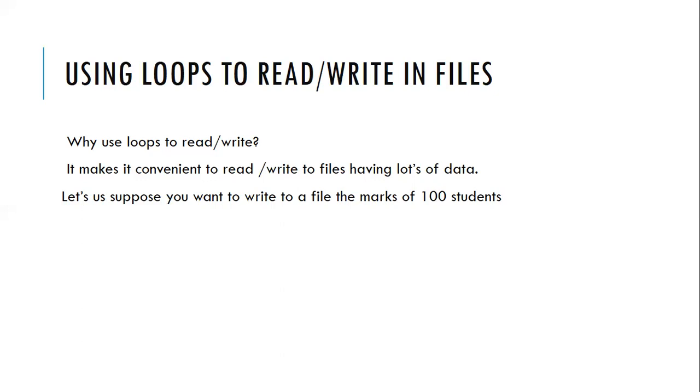So if you want to read so many lines of data from a file, or write so many lines of data to a file, how are we going to do it? We always used loops, right? Even last time, when we were trying to write numerous data to a file, we used loops. Loops are the easiest way to access a file from top to bottom, and also to write to a file from top to bottom.